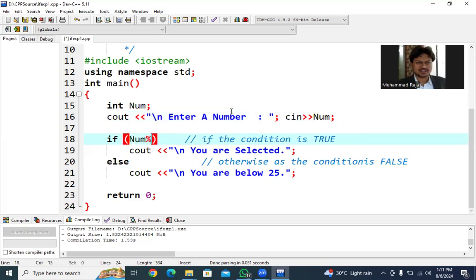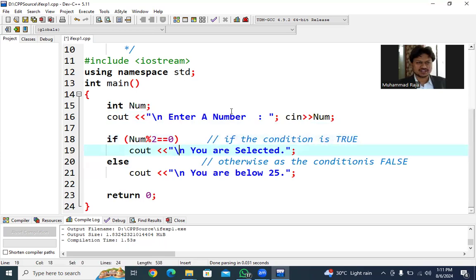number modulus 2 is equal to 0. Very simple. We divide by 2 with the modulo operator; we already covered the modulo operator in our last lecture. If you have any confusion about why I call that percentage sign a modulus, go back and repeat lecture number 9, the lecture just before this one that we uploaded. So here in the condition we say that if the number divided by 2, or the modulus, meaning remainder, is 0, then